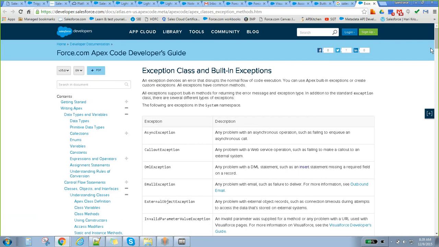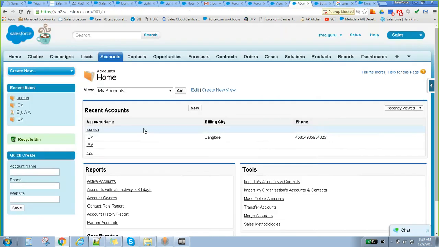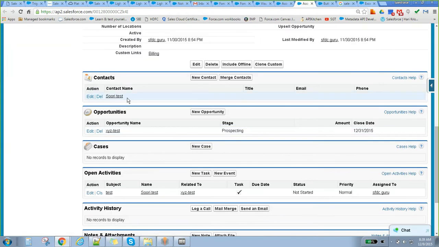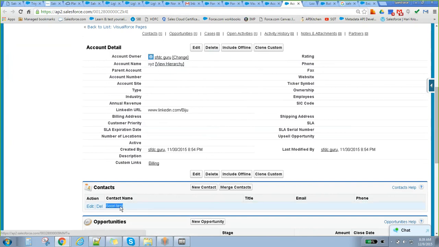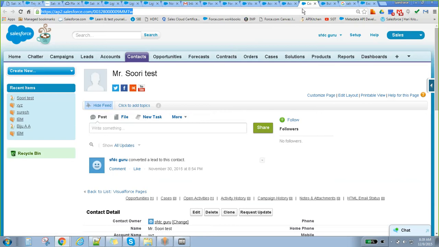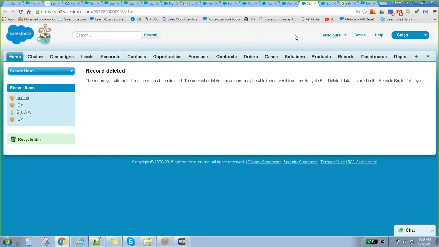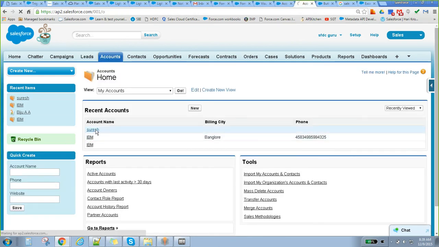In one angle it behaves as a master detail, and in another angle it behaves as a lookup. Let's say I open one of the accounts, XYZ, and there is one contact. If I delete this particular account and refresh, the respective contact is also deleted, correct? This functionality is nothing but a master detail. If I go to the particular account,